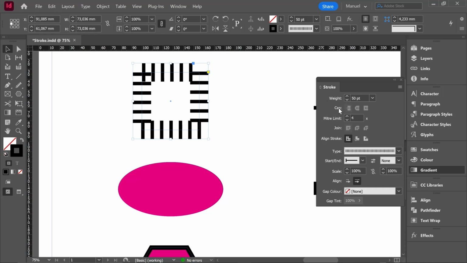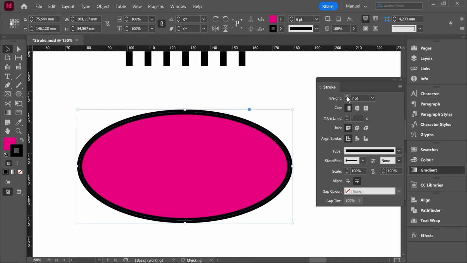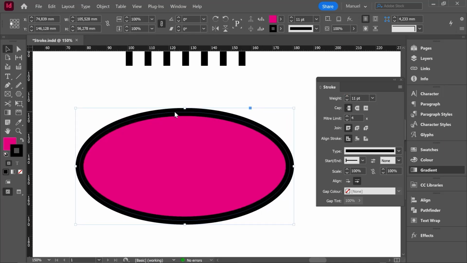Let's jump to this another feature called cap. If I select this ellipse, we can see how the weight changes, the type of line changes as well. A stroke now is none, we have just a fill. And if I zoom in and I increase the thickness of my stroke, you can see this kind of thread in the middle of the stroke, right?